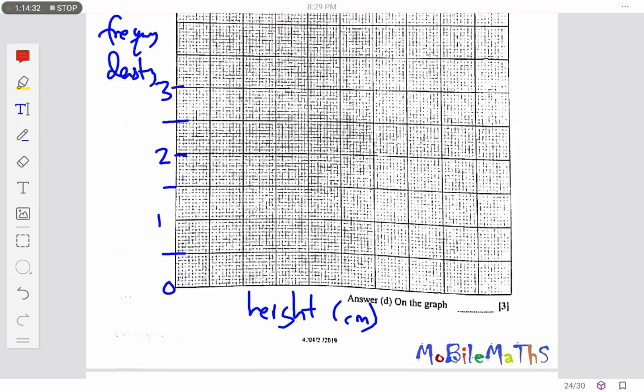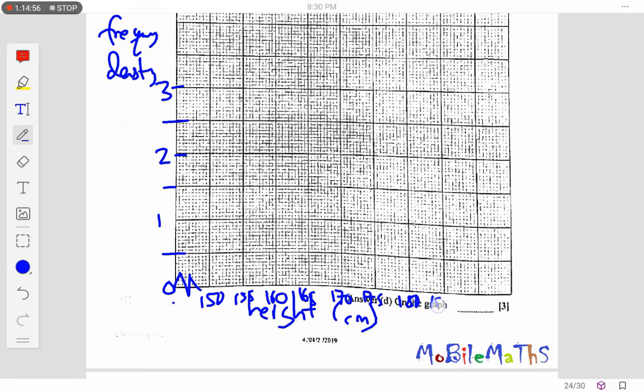So I can say we are starting from 150. I can as well start here, 150 there. Normally I would love to do this and start here and say 150. Then I say 155, 160, 165, 170, 175,